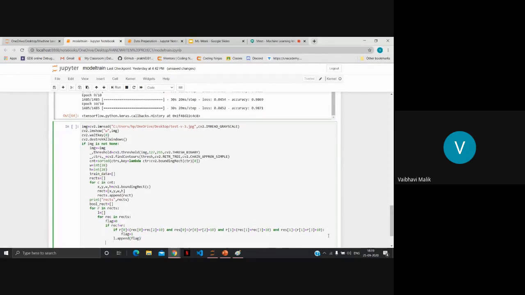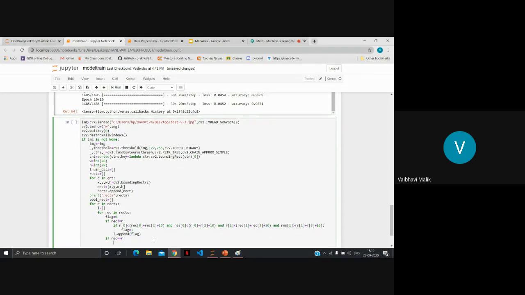Now, we have handled this condition, if the first rectangle is not equal to the other rectangle. But see here, we have run two loops, for r in rex and for rec in rex. It means there will be a case when r is equal to rec, that means we have the same rectangle. For that, we have to consider it valid obviously, because this is the same rectangle and we can't discard that. So we will use the condition: if both the rectangles are same, then it is valid.